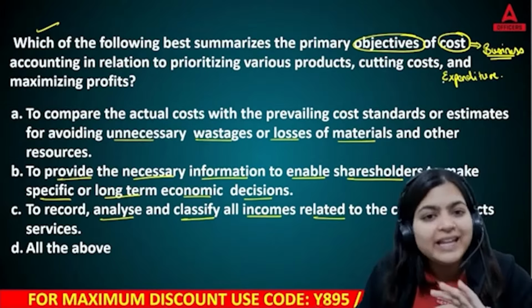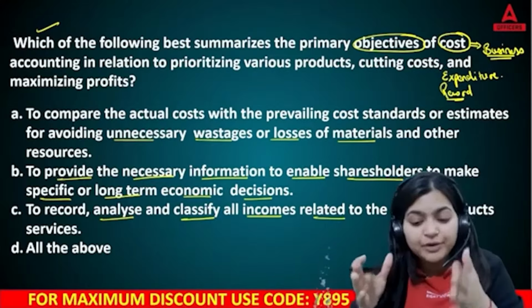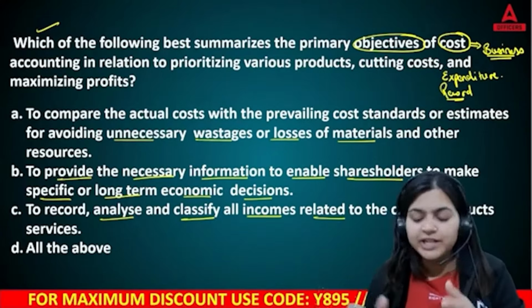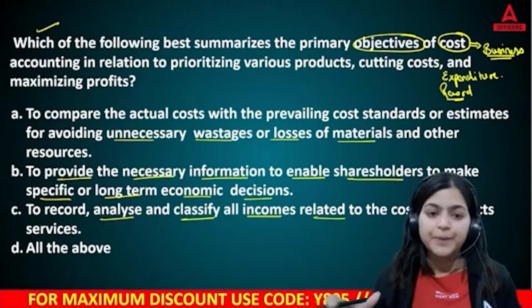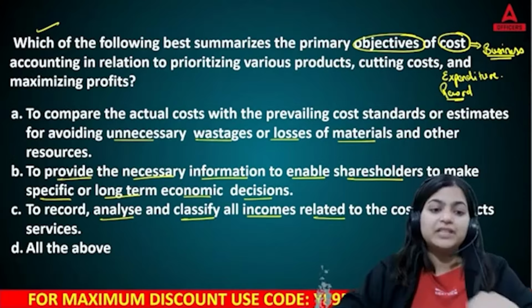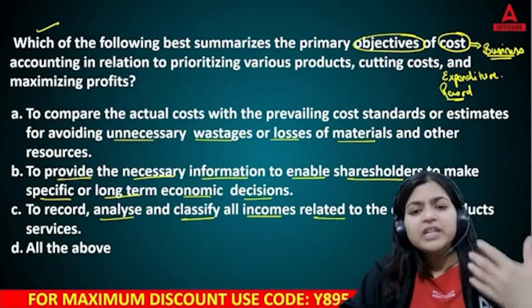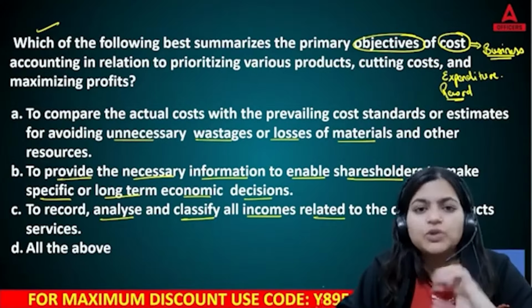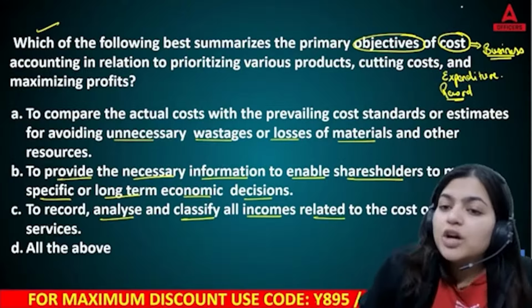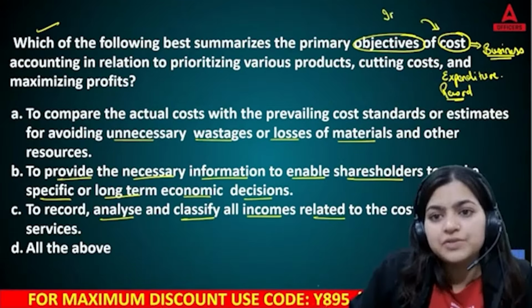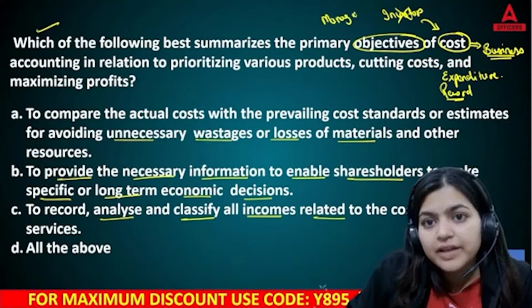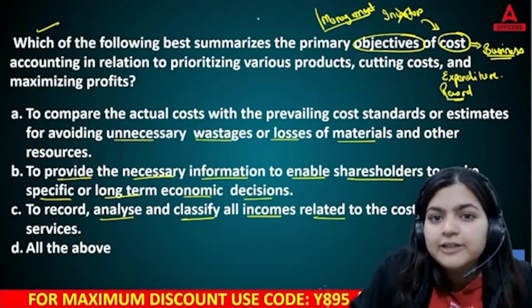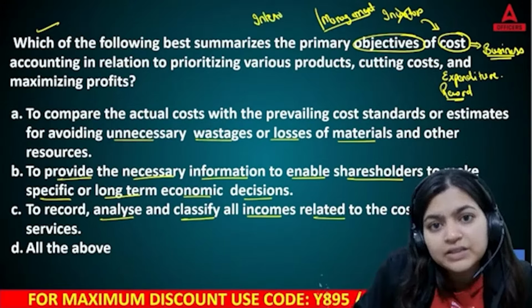Not only the amount, but also which type of labors we have appointed, which type of materials we have used, in what quantities we have used. Yes, what are the wastages that we have generated during the process. You can generate each and everything. And yes, with the help of this particular thing, your investors can also take the advantage. But directly, cost accounting is not used by investors. Yes, cost accounting is used by management. Yes, this is your internal document. This is your internal document.